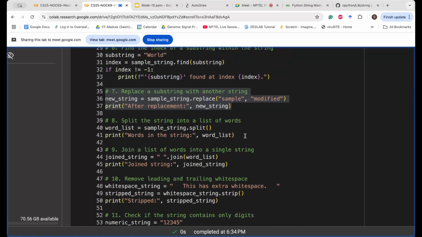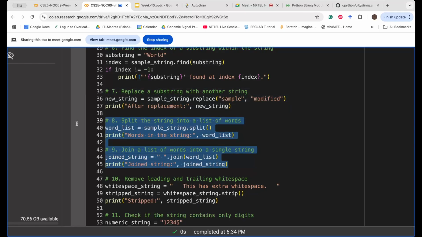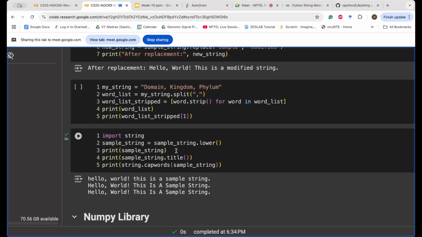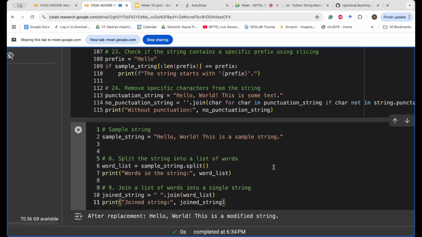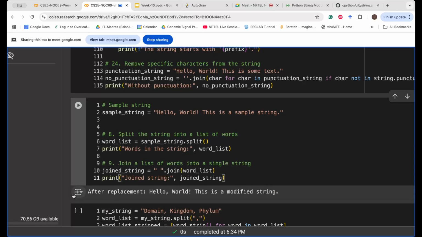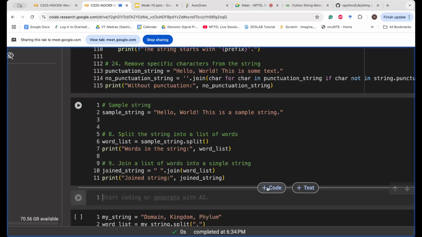So let us go through all the functions quickly and then we'll move on to the NumPy library. And then we'll see two problems, and they are quite interesting. So let me take these two together. Let's say you have, let me clear this out,